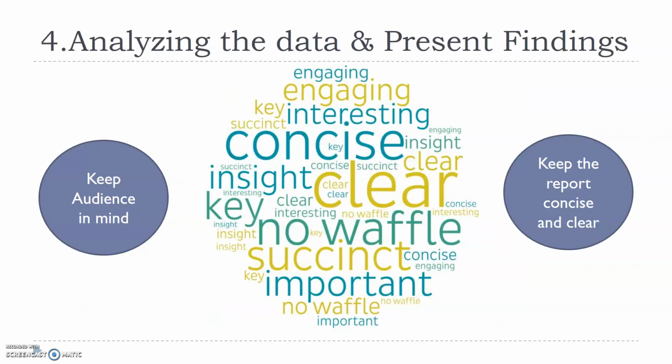Next one is analyzing the data and presenting findings. This is something you need to remember, because as market researchers, one key mistake we may make is we just put up p values, critical values, statistical analysis. Let's say I carried out a factor analysis and I show that these are the two factors. Or I carry out a conjoint analysis and say these 2-3 cards have a significant result. But that doesn't mean anything to the audience. The intended audience may not understand the statistical concepts, so we have to ensure that the results are concise and clear, and that the intended audience is able to understand our results.